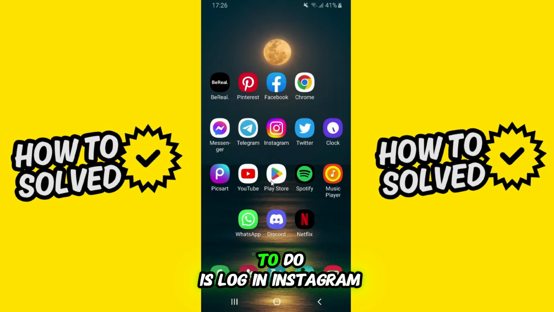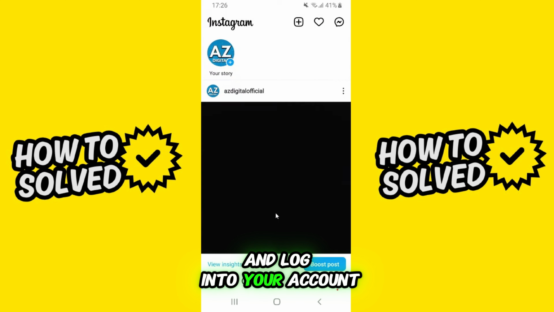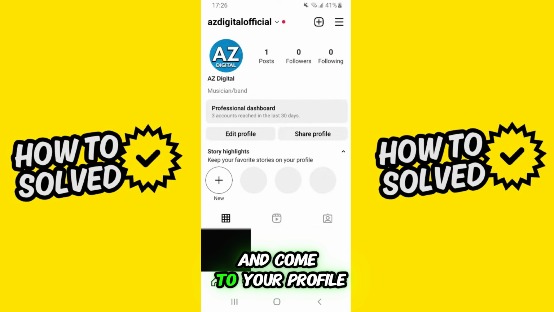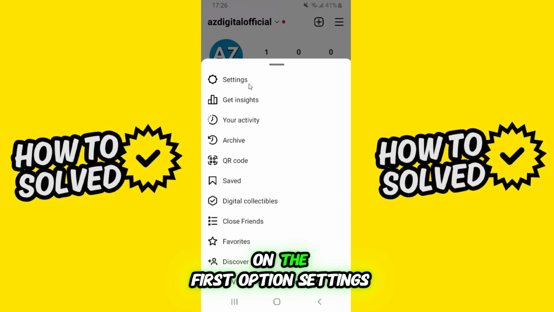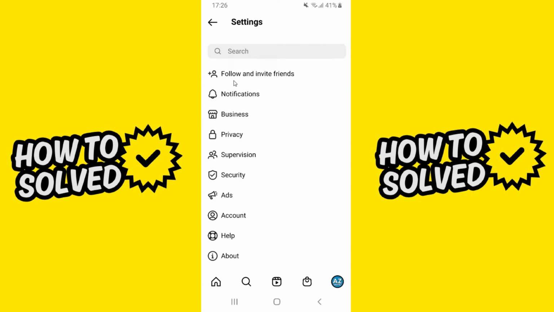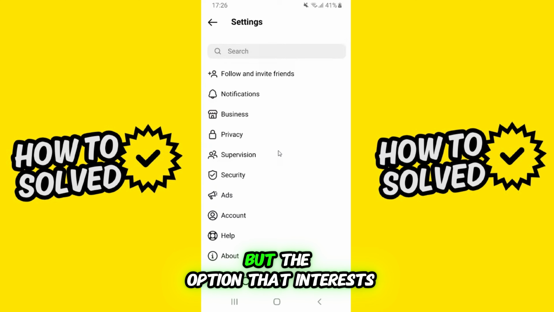The first thing you need to do is log on to Instagram and log into your account. After doing that, you come to this button right here and come to your profile. Then you will see this option at the top right corner, these three lines right here. You click on top and you need to click on the first option, Settings. Click on Settings. Then you will see several options, but the option that interests us is this one, Account, okay,